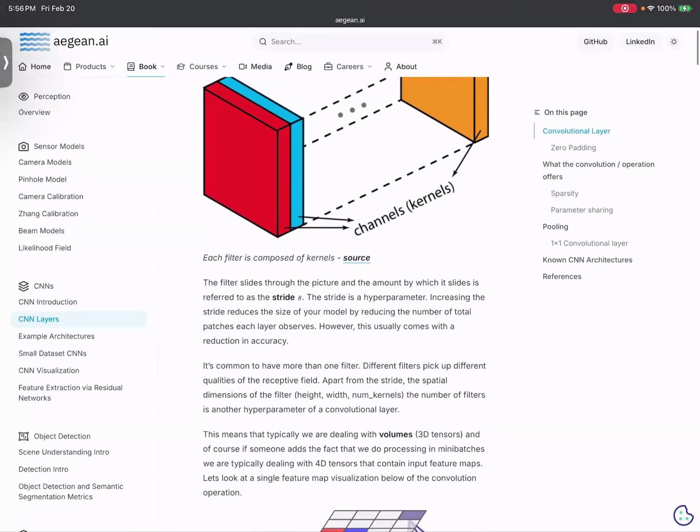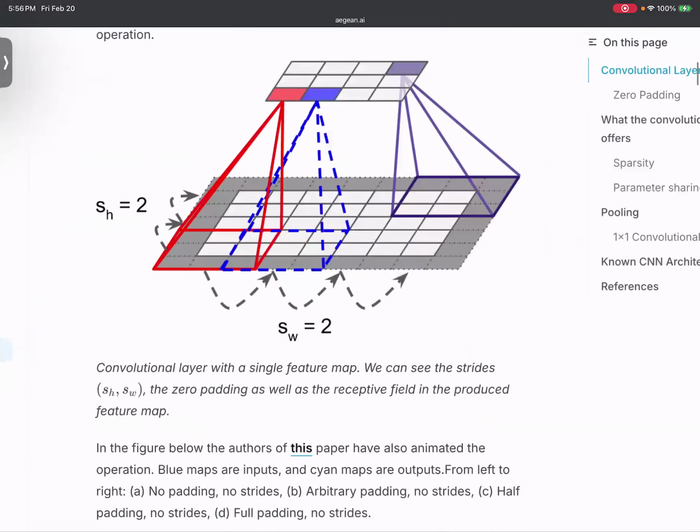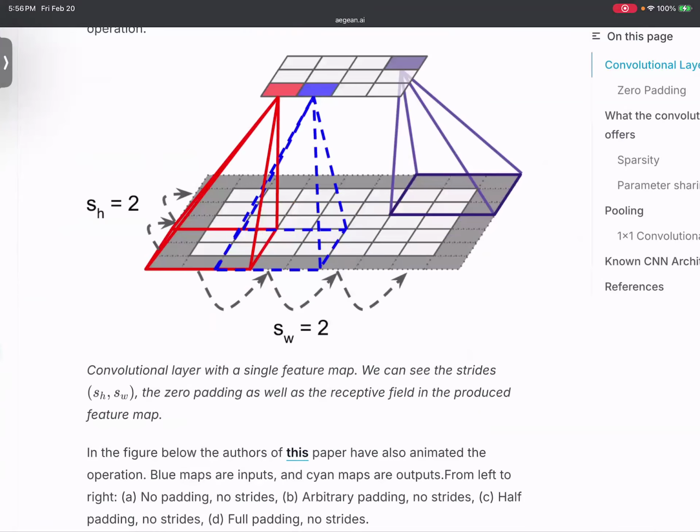A couple of things that I wanted to cover here are two architectural parameters. I don't want to call them hyperparameters necessarily, but architectural parameters. The first is the stride,